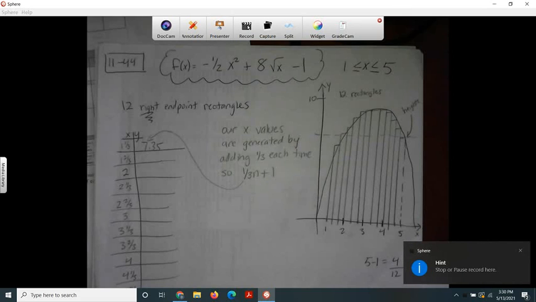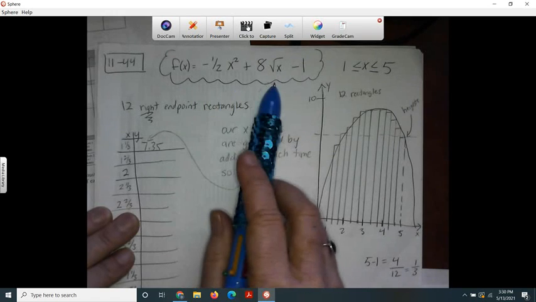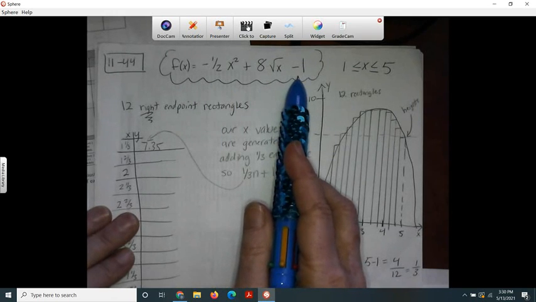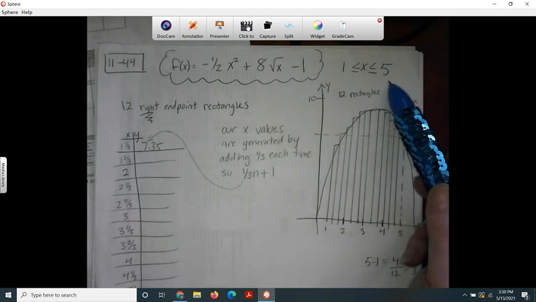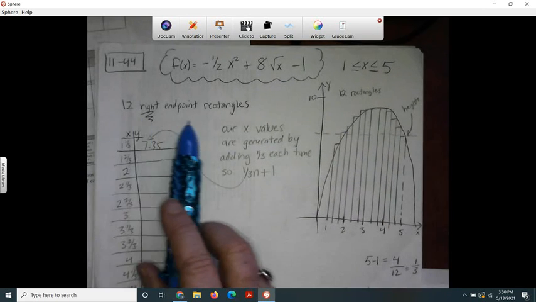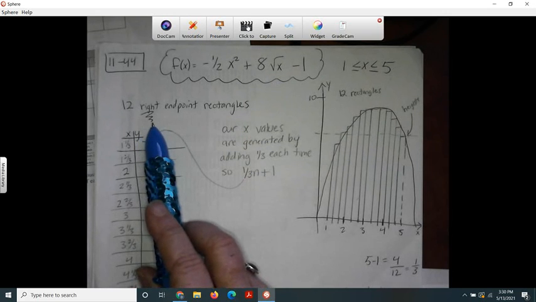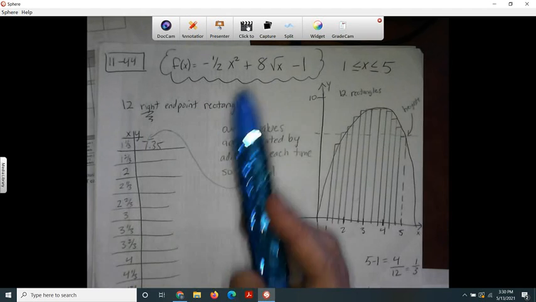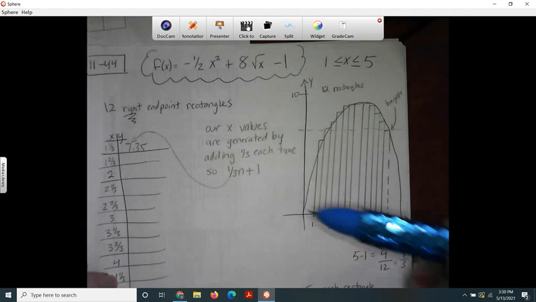Under this curve, over the interval where x is in between 1 and 5, using 12 right endpoint rectangles. And they're right endpoint rectangles. So the way that the book taught you was they would show you what the curve looks like, and then they'd show you how you can draw little bitty rectangles underneath the curve. And so because it's a right endpoint rectangle,